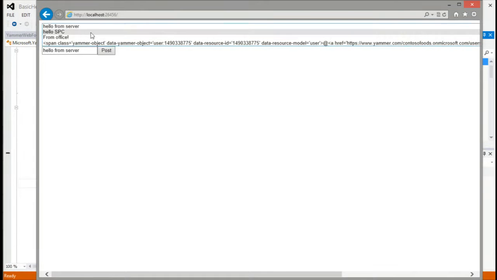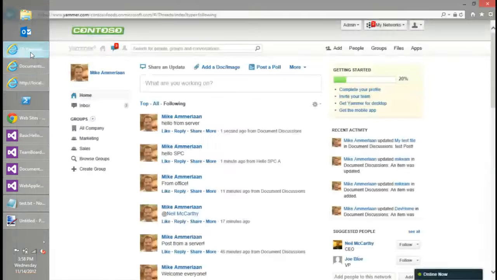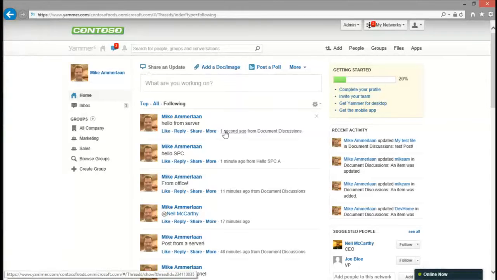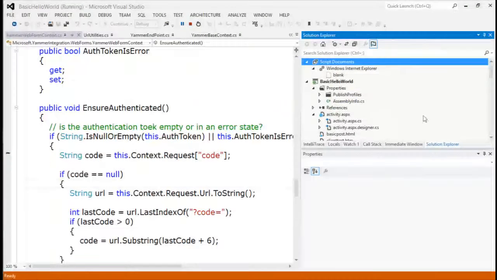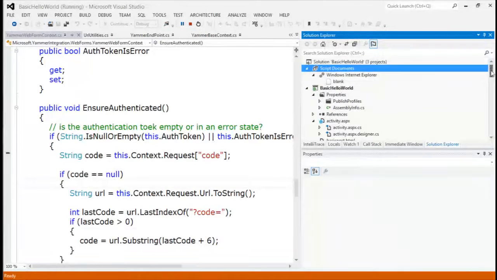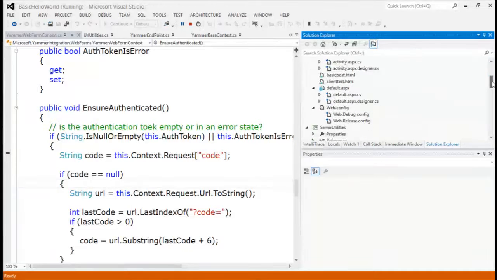And so this is my list of messages from Yammer. It's not the world's most attractive UI by any sense. And you can see, of course, in Yammer, it already shows up there as well. Now, the way I implemented this was as an ASP.NET web form. I know that's not the most modern or sexy technology for doing it, but just to show you,